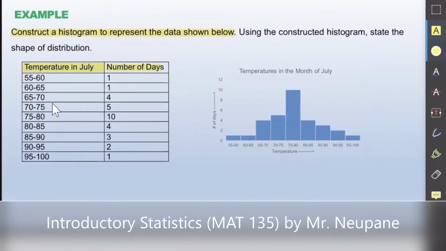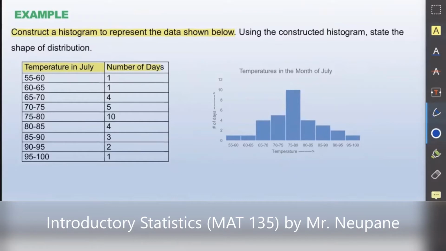And you can see that this is the grouped frequency table because you have the classes over there. And using the construction of histogram, after you construct the histogram, state the shape of the distribution. So when I say shape, whether it is skewed to the left, right, is it normal or is it uniform? So what we do is, in order to construct the histogram,